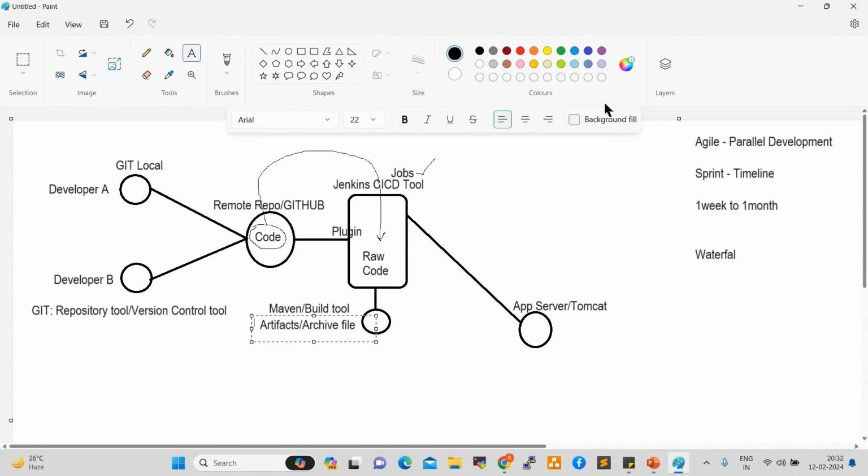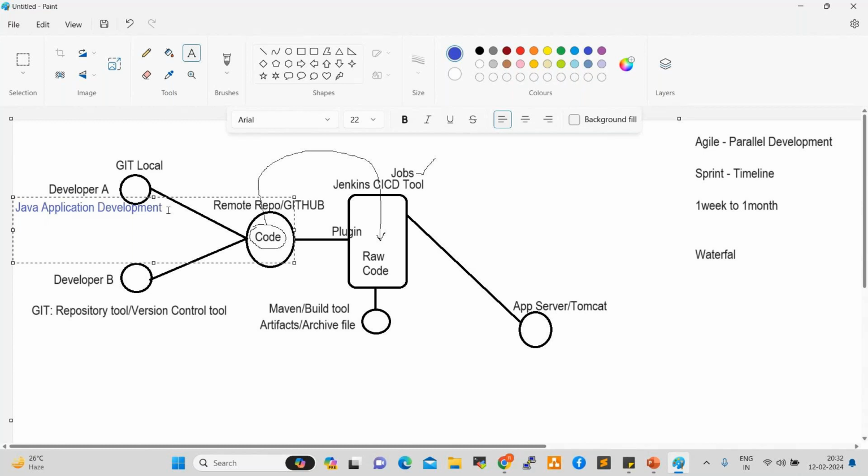So let us say, for example, in application development, three types of application developments are available. For example, developers are working on Java application development. When we talk about application development, three types are available.